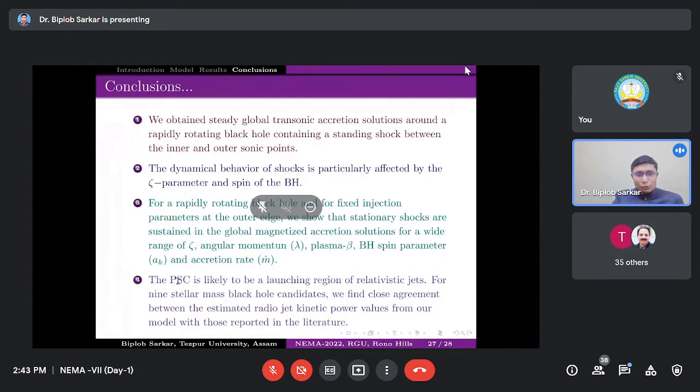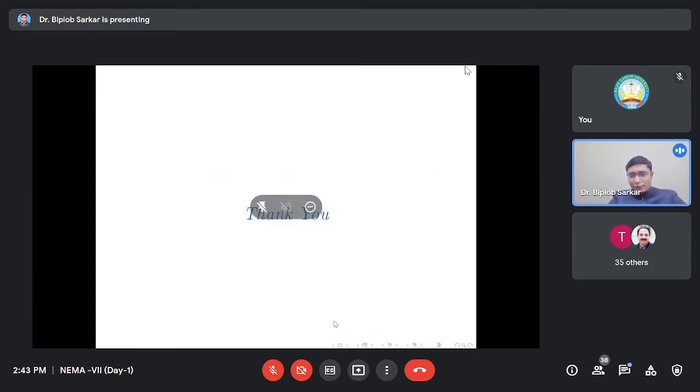The post-shock corona, or PSC, is likely to be the launching region of relativistic jets. And for 9 stellar mass black hole candidates, we have found close agreement between the estimated radio jet kinetic power from our model and those reported in the literature. So that is all. Thank you very much,